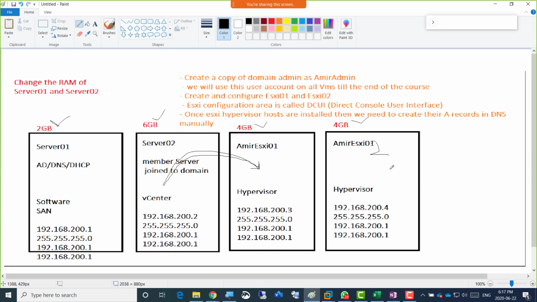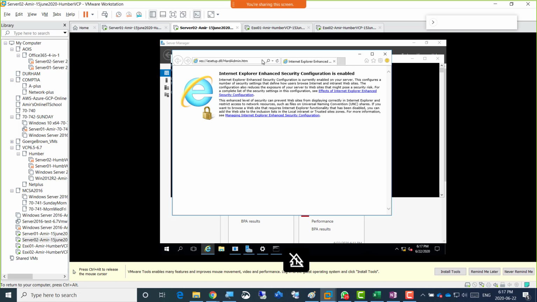Or 3 or 4 or 5. Maybe you have 200 hypervisors, so that's the same way you connect to any hypervisor, right? So let's connect to ESXi1. There will be a first screenshot needed when you have successfully connected from server 2 to ESXi1 by opening this Internet Explorer browser,